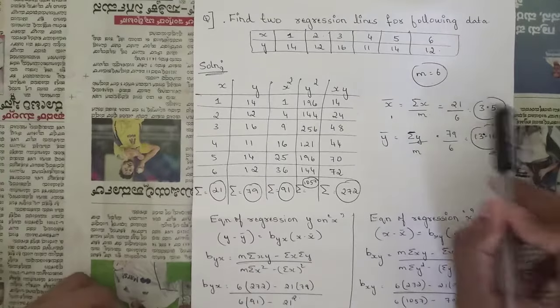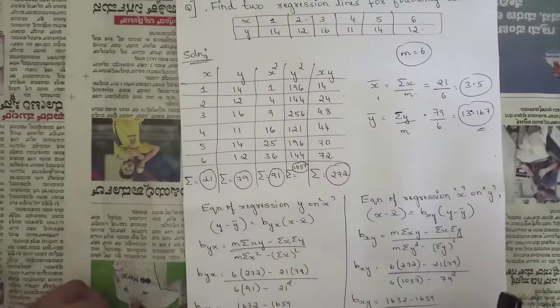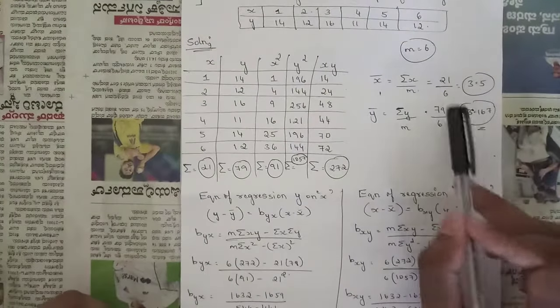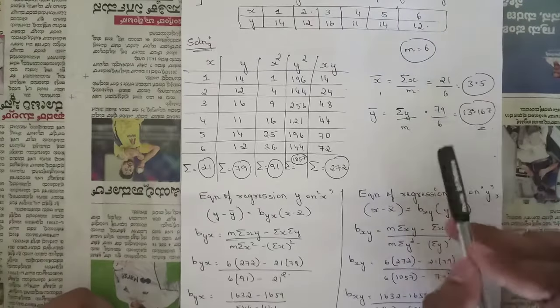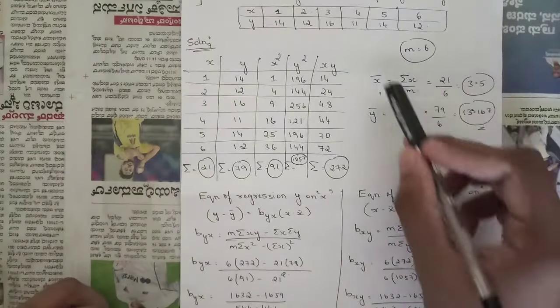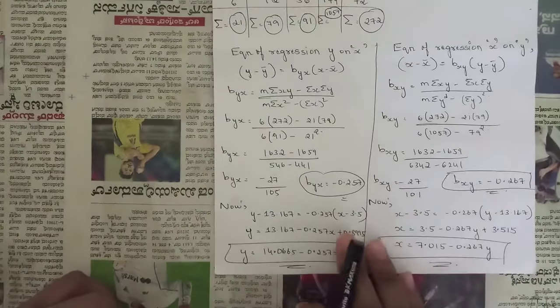So 21 by 6 is equal to 3.5, and similarly summation of y is given as 79 divided by the number of observations, 6. So 79 by 6 would be 13.167. Okay, we got x bar and y bar. So now we need to find the equation of regression lines, that is